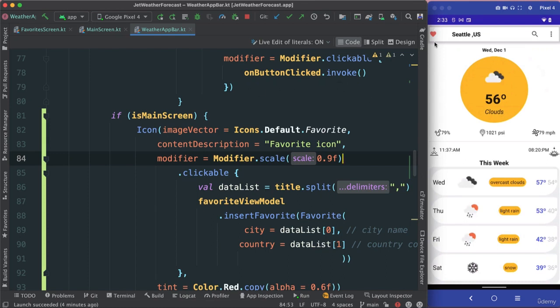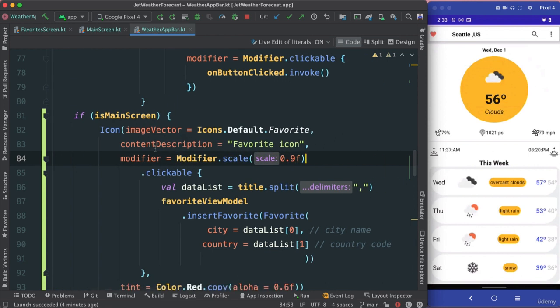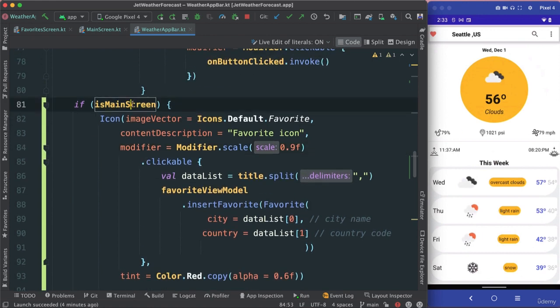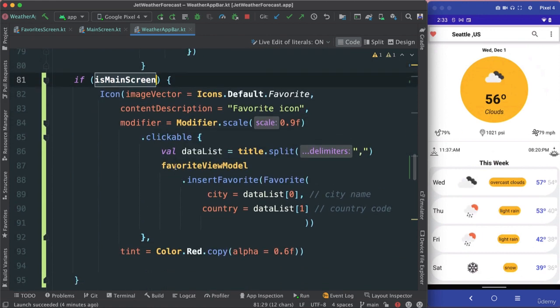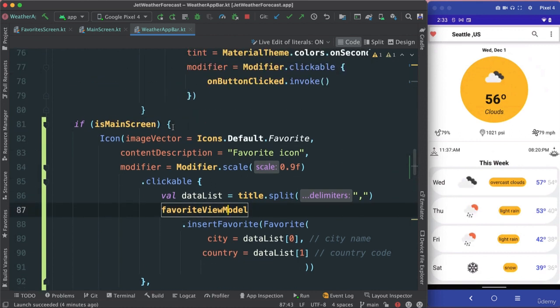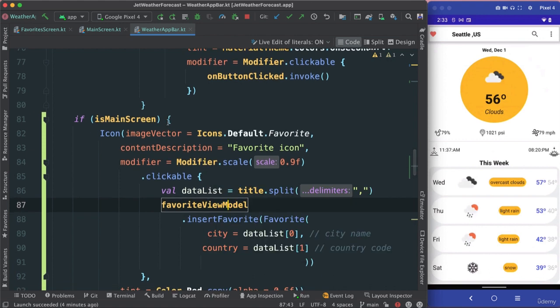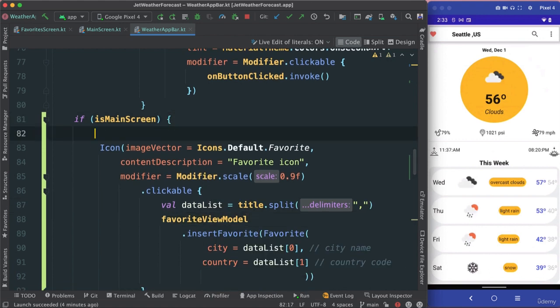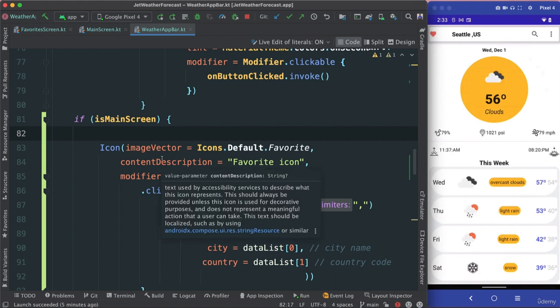Okay, let's go ahead and take care of this icon, favorite icon here. So we need to go back to our weather app because that's where everything is driven. And back to where we have this main screen, one of them at least, where we've added this icon. So what we need to do right before that, inside of this if statement, right before we add the icon, I'm going to create a variable to check our database to see if the current city that we're showing here, the title, is equal to